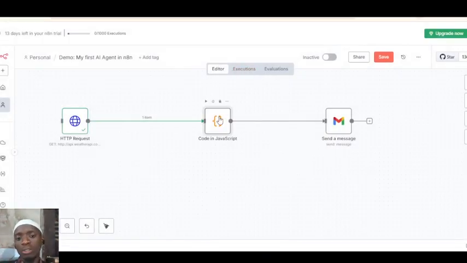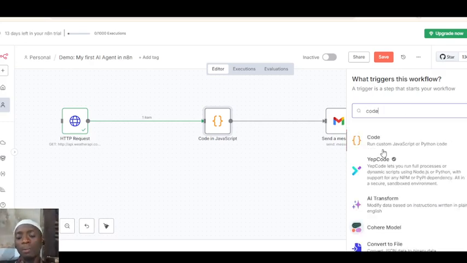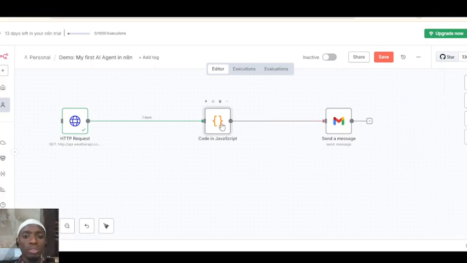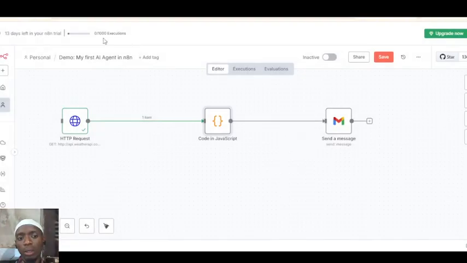Then I connected this to a code node in JavaScript, where you can just type in code here. This allows you to write code basically in JavaScript, but now they are improving it to also be able to write in Python. Since these are connected, this information is passed to the next connected node in front of it. So when I open this up,